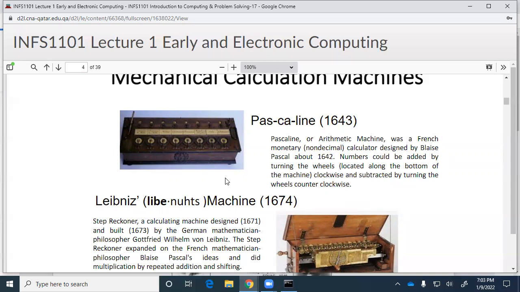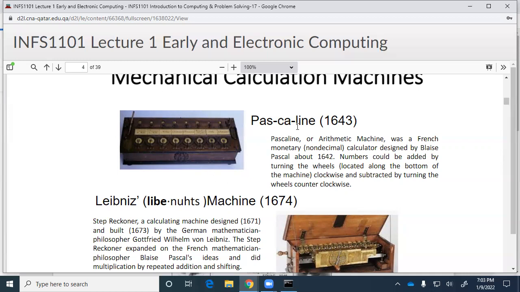So it's like a computer, but it doesn't plug into the wall. There's no electricity. It's a machine, but it doesn't have an engine. You have to drive it with your finger, you know what I mean? You'd have to turn the cranks yourself. But you could use it to do mathematics.